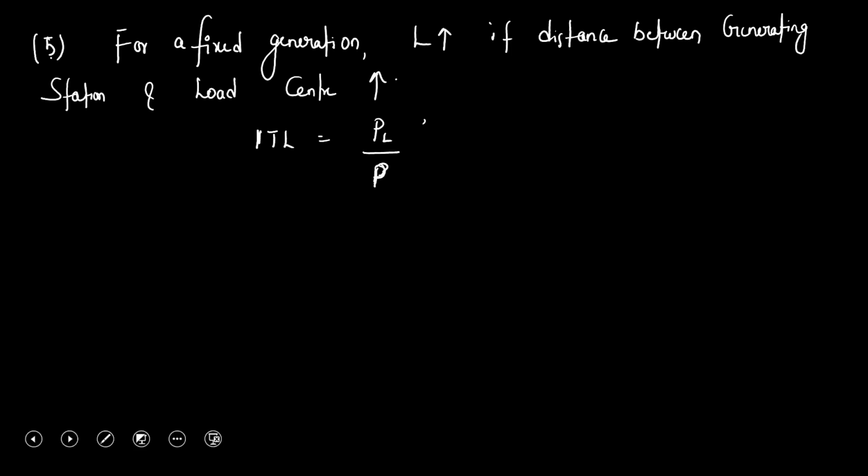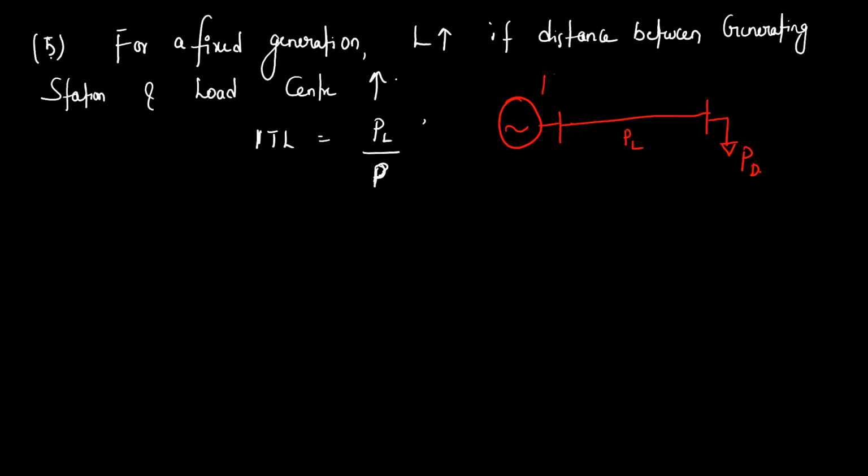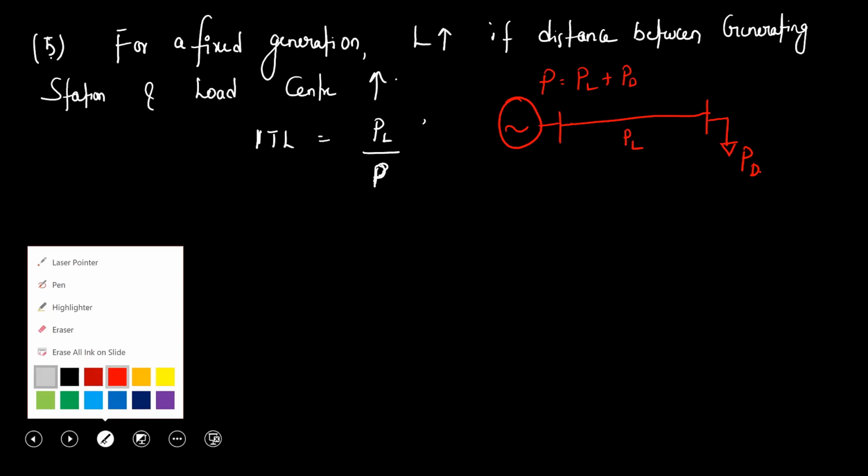Just for your understanding, again I'm drawing. So if this generator is connected to the load here, PD, then for transmitting the power PD, it is incurring a loss of PL. So now the total generation of this generator is P equal to PL plus PD, losses plus demand. Now the incremental transmission loss of this generator is the losses that are incurred for transferring PD power to the load, divided by the generation of that generator. Understand?